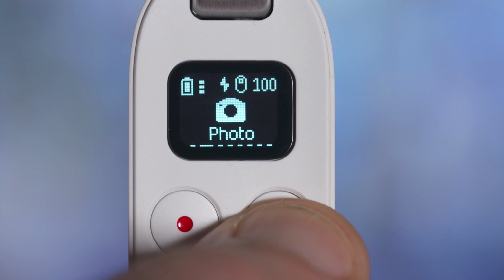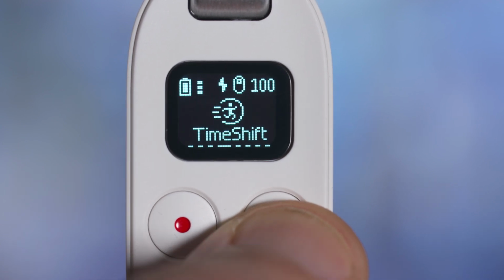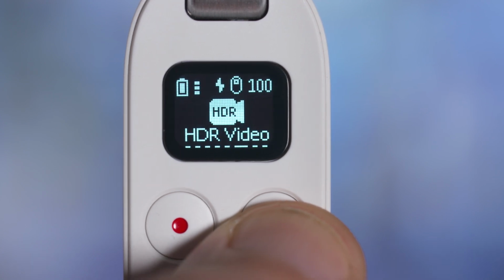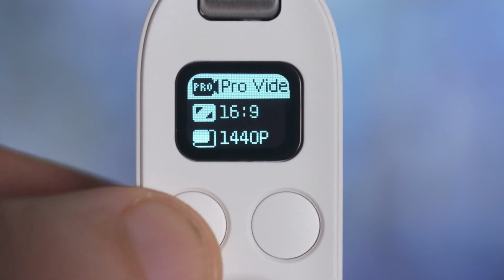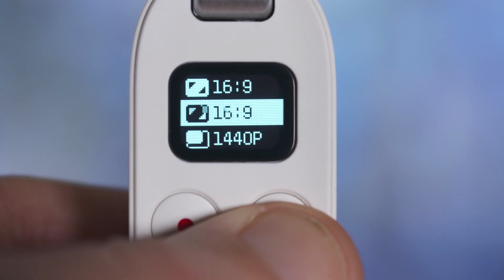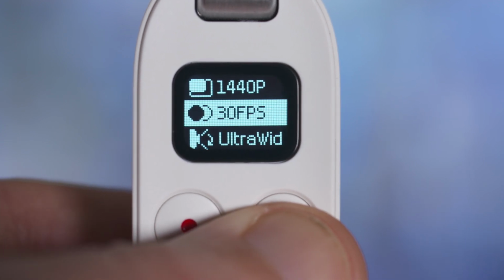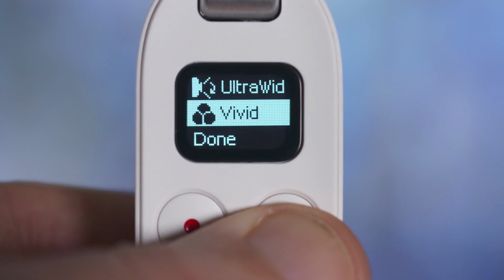While it's in the case, you can cycle through the menu and select your preferred shooting mode by pressing the mode button, which is the button on the right. If you want to change the specific settings of each shooting mode, then you can press and hold the record button. So if we select Pro Video for example, and then we press and hold the record button, it will bring up a sub menu where we can change the frame rate, the color profile, the field of view and